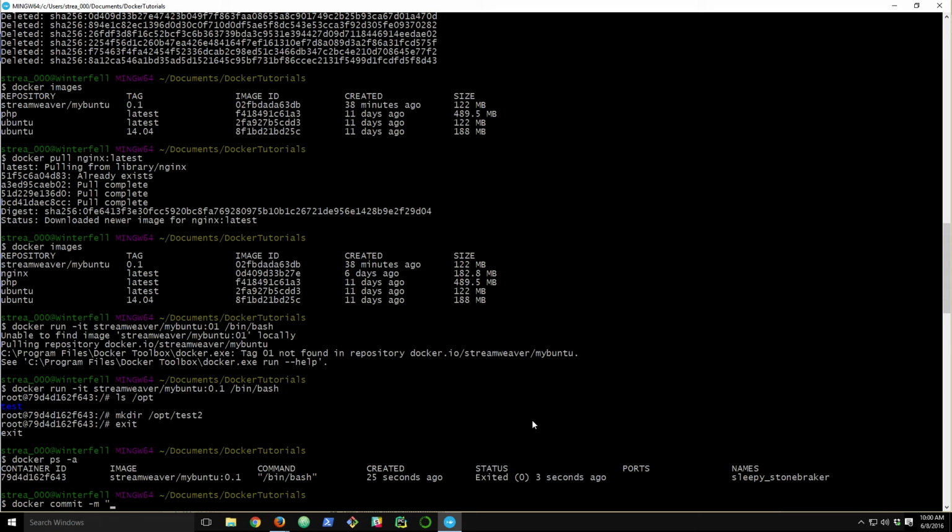Give it a commit message, just like the second version. So the other was the initial version. Actually, first let me go ahead and show you. You can do a diff on containers against the image they were created from. You can see in this container listing, it's giving you the image it was created from. So let me do docker diff sleepy